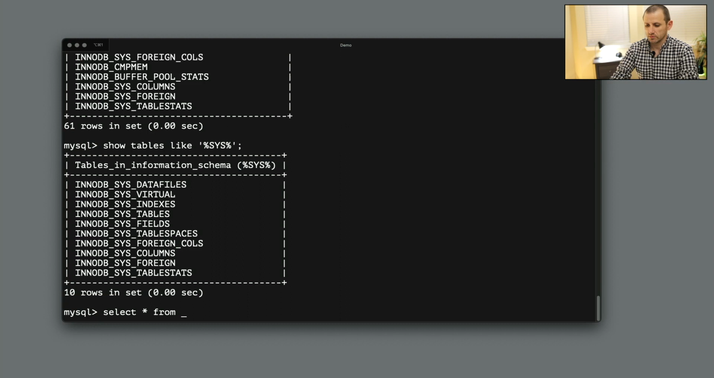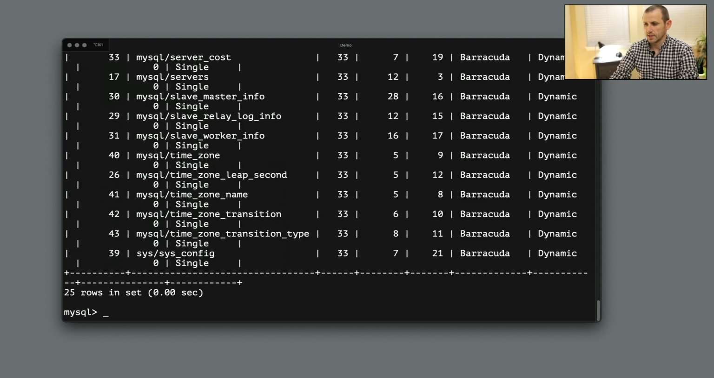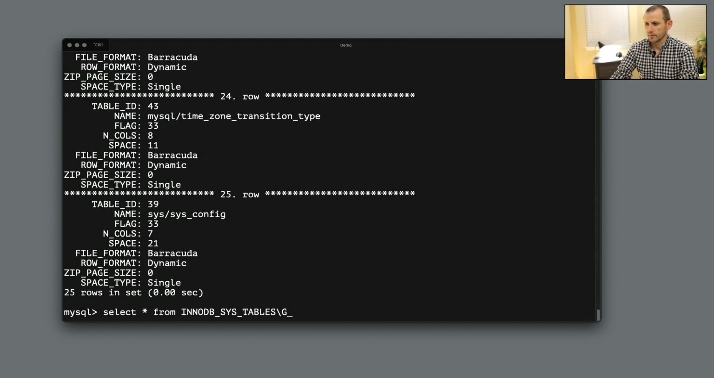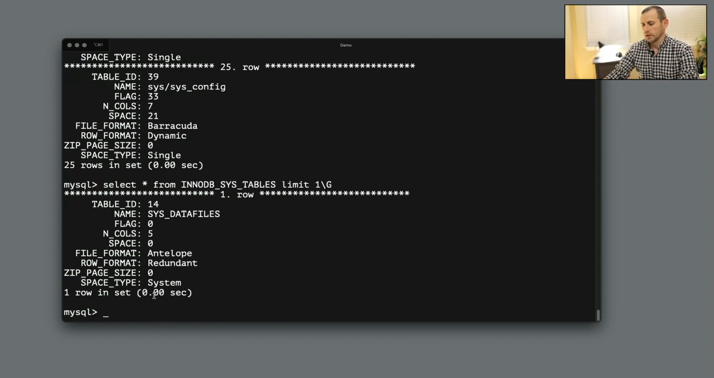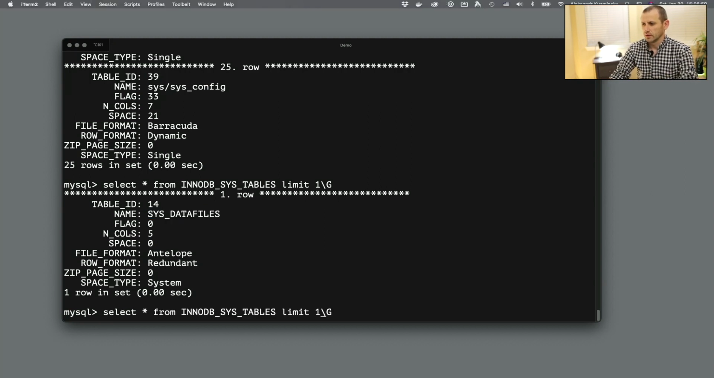Select star from, nope, from sys_tables. Okay. Let's show only one record. All right. Table ID 14, called SYS_DATAFILES. By the way, it doesn't include the database name because it's not a user table, as opposed to, for example, sys/config. Let's use that one as an example,